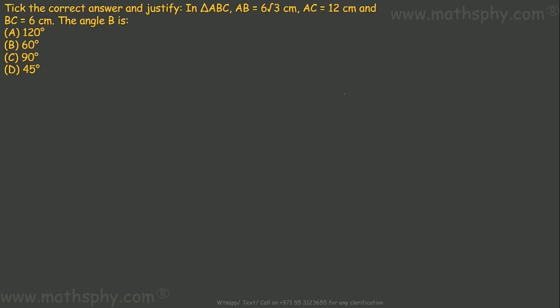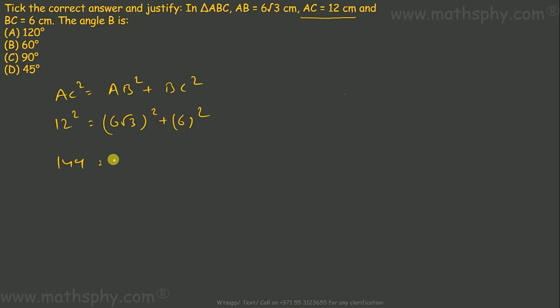Okay. Suppose I take angle B as 90 degrees. In that case, AC would be hypotenuse. AC squared should be equal to AB squared plus BC squared. AC squared is 12 squared. AB is 6 root 3 squared. BC is 6 squared. So 144 equals to, this will give you 6 into 6 into 3 plus this will give you 6 into 6. So this is 108 plus 36, which is 144, means this side is equal to this side,